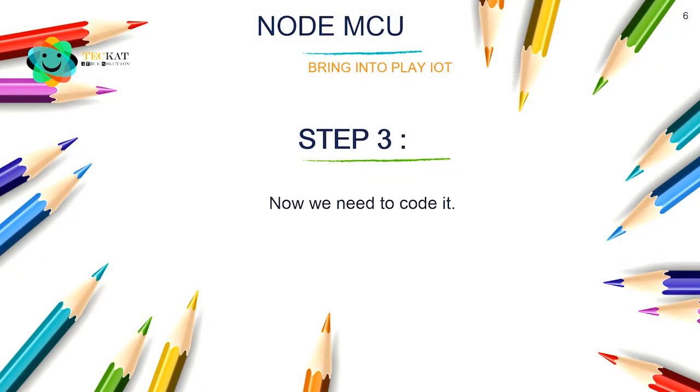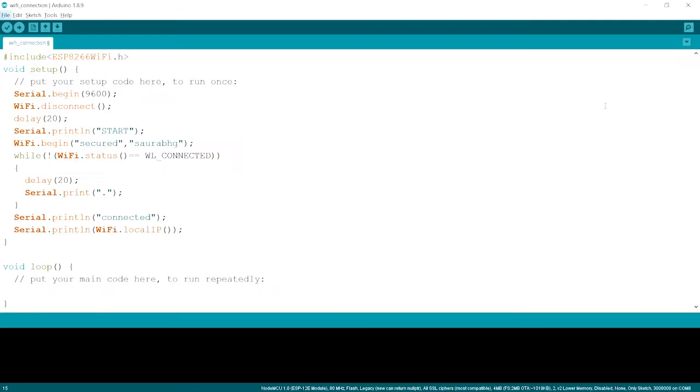So now let's start coding. To start the coding, we need to first open the Arduino IDE. After opening the Arduino IDE, we will write the code. Here, just understand how to write a Wi-Fi connection code. First of all, we'll include the ESP8266 Wi-Fi module library, that is ESP8266WiFi.h. After including this library, the ESP8266 module in your NodeMCU board will be active.